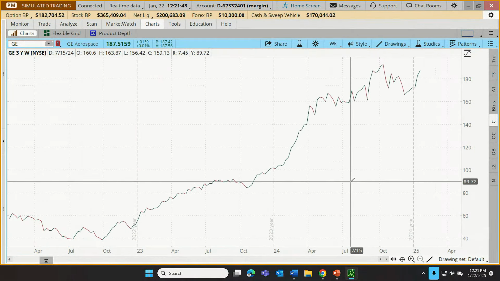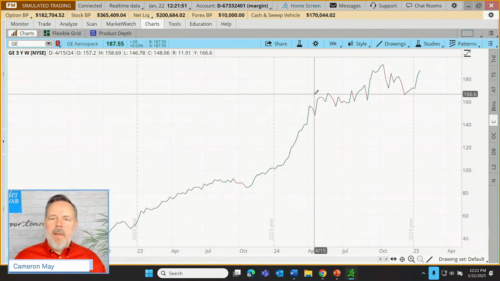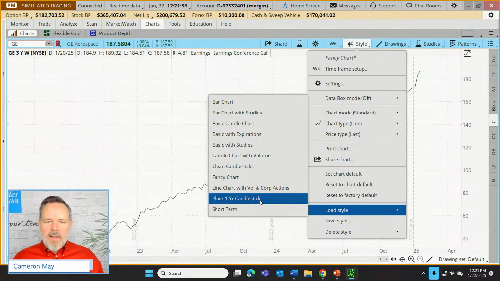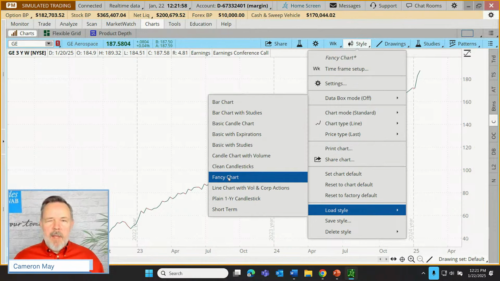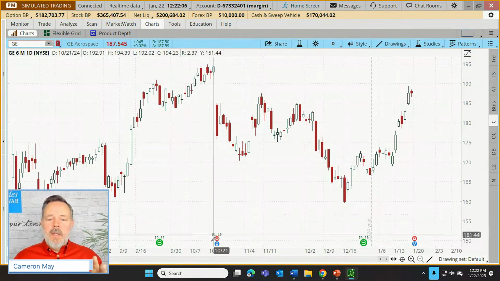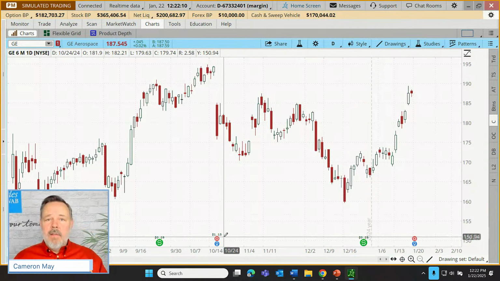Oh, you know what? I'm about to show one little error that cost me something here. Let me show you. Let's click on Style, and I'm going to load that style that I intended to be fancy. It's not going to be quite as fancy as I intended. I'm going to choose Fancy Chart, but look at this. It just switched us back from a line chart to a candle chart. It loaded the events, but the studies are not being displayed.